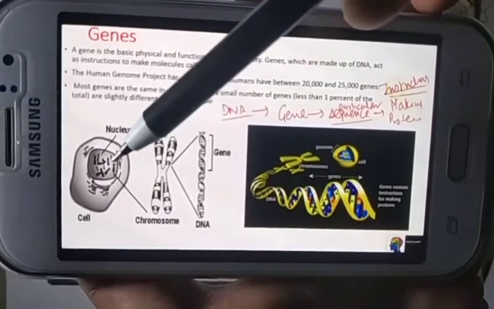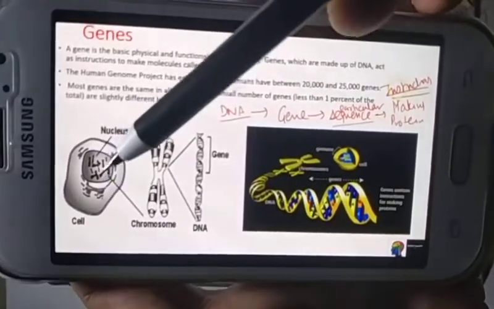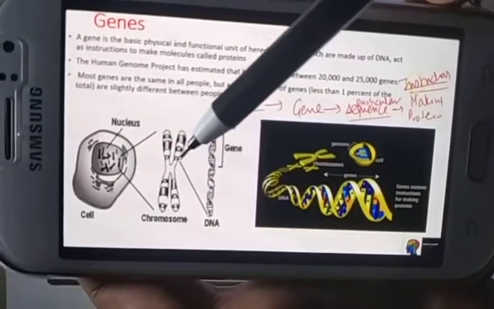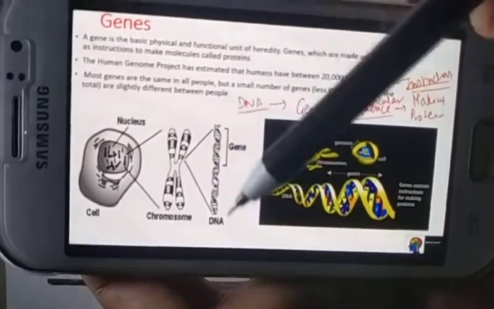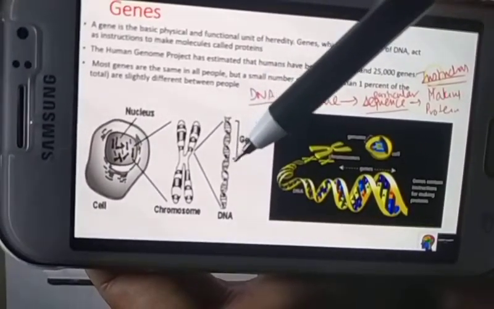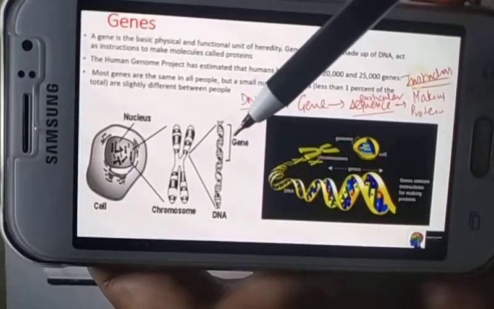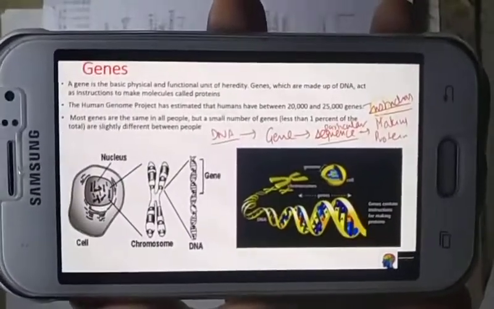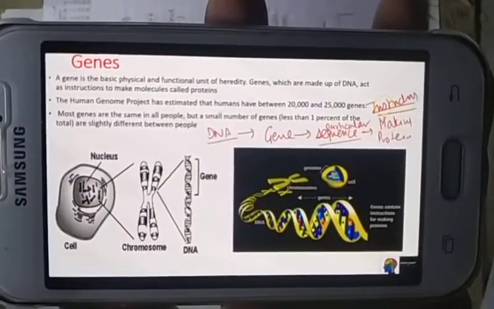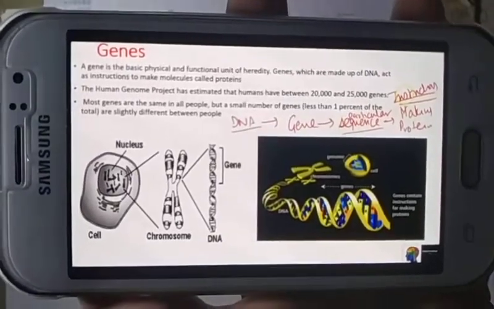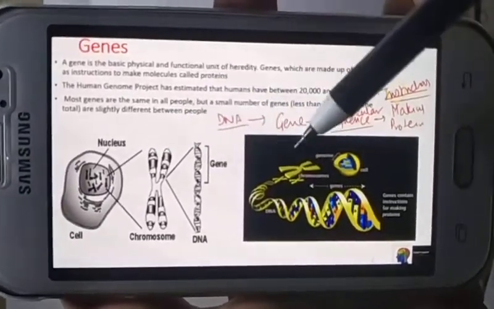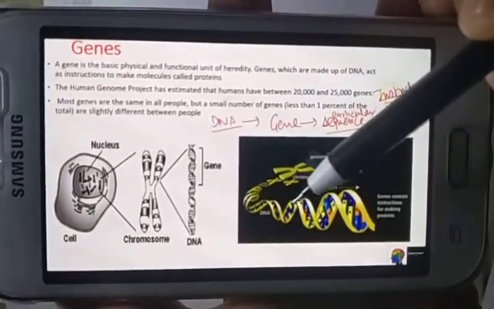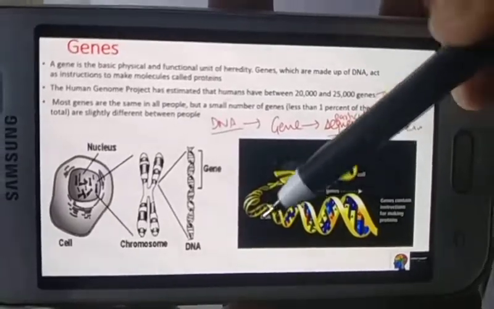So here you can just zoom in, students: nucleus, cell, inside the nucleus. Inside the nucleus, chromatin fiber contains the chromosome. Inside the chromosome is a part called DNA, and inside the DNA a sequence, a part, is called a gene. Okay, students, I think after watching this video lecture, all the concepts related to chromosome, DNA and gene will be clear. This structure is very interesting. Here you can see from the chromosome, as you zoom in, one by one, inside there is a portion called a gene. It is a DNA strand.